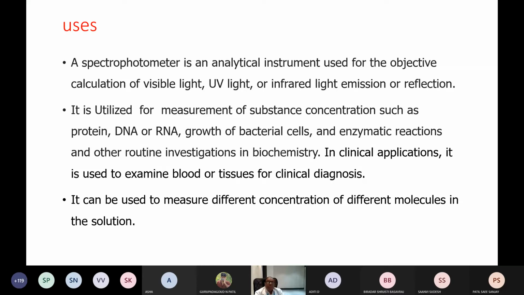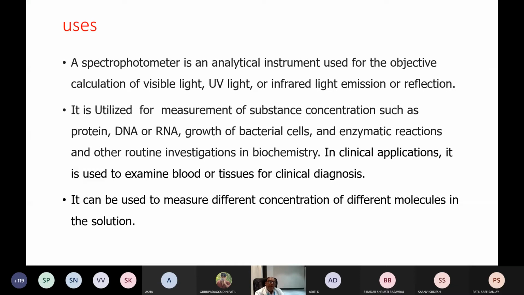You must have heard the names of these enzymes like SGOT, SGPT, alkaline phosphatase, LDH, CPK, CKMB. All these can be measured on the spectrophotometer, and that measurement is called a kinetic one. So the estimation of glucose, urea, creatinine can also be measured because at the end point